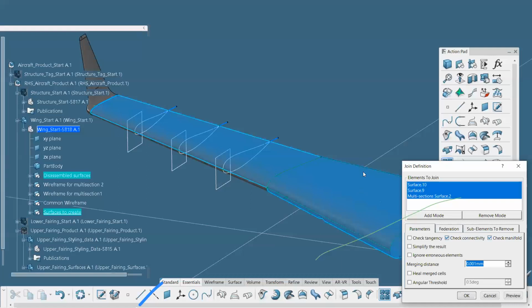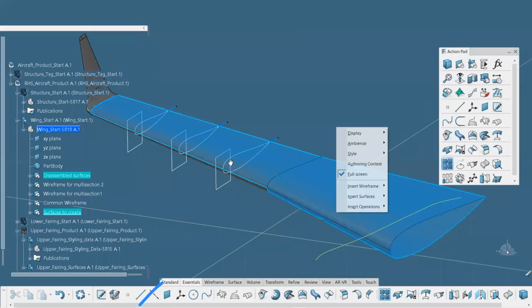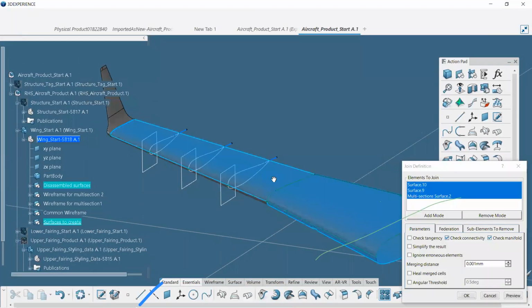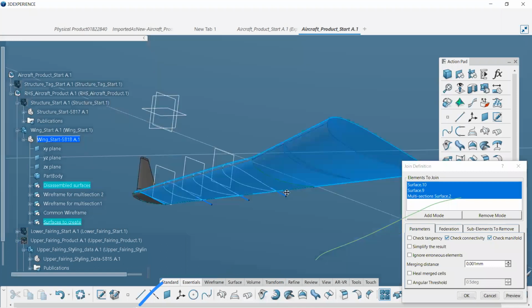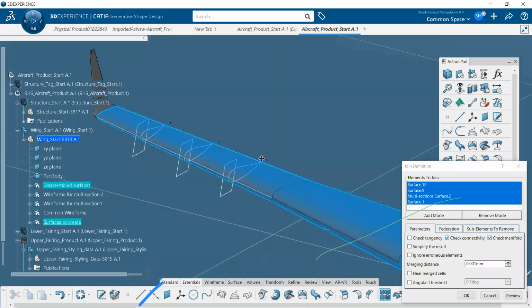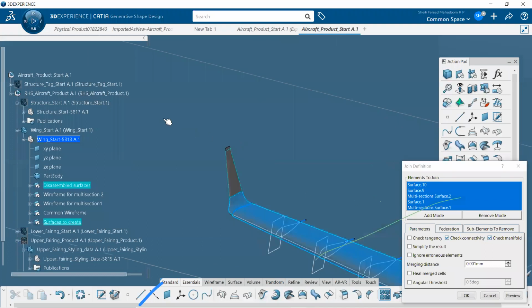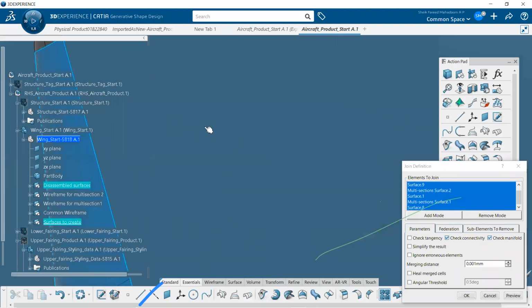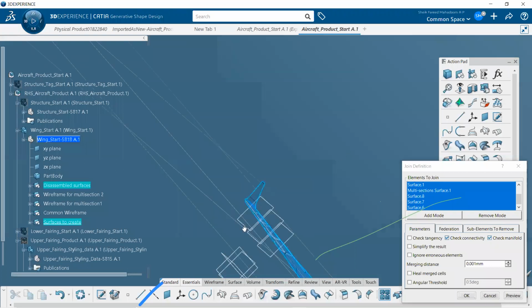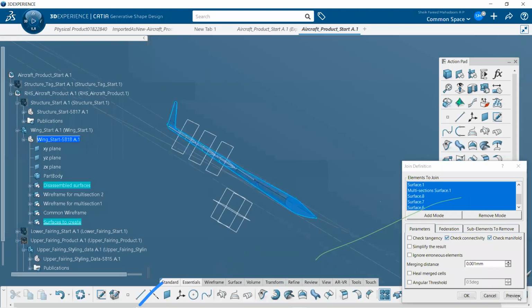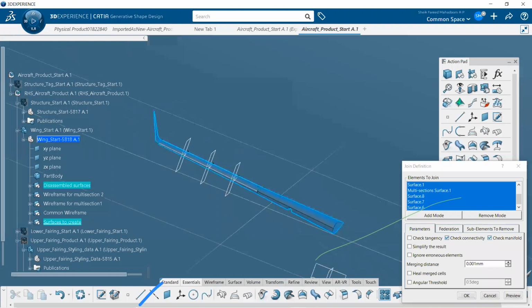And then select this multi-section, select this area, select this area, select it. Make sure all the profiles are selected. In preview, say OK. Now the wing surface is created.